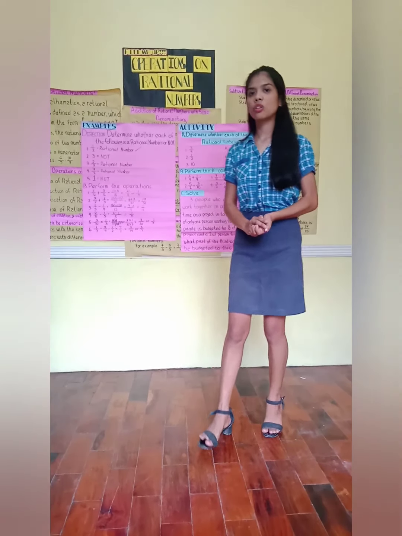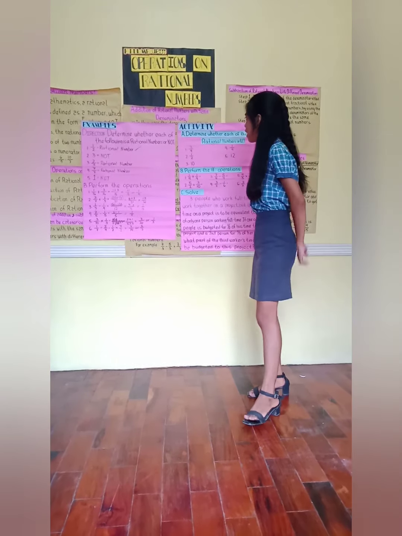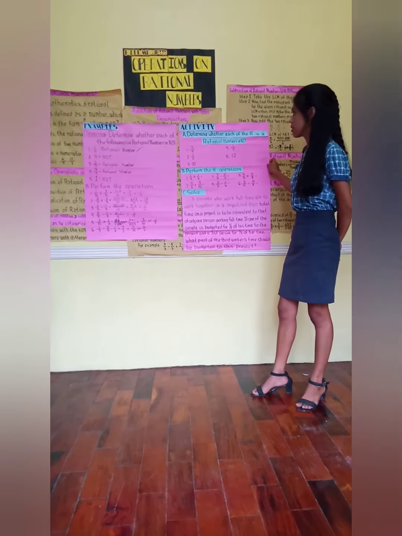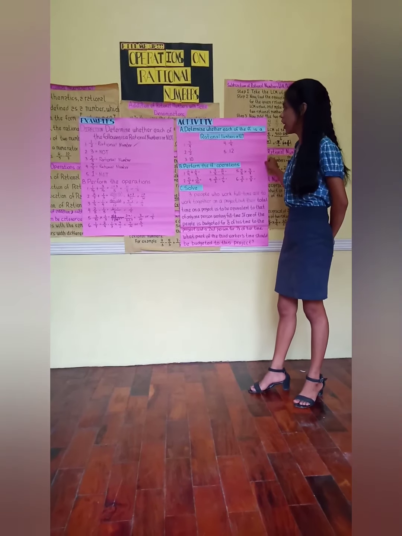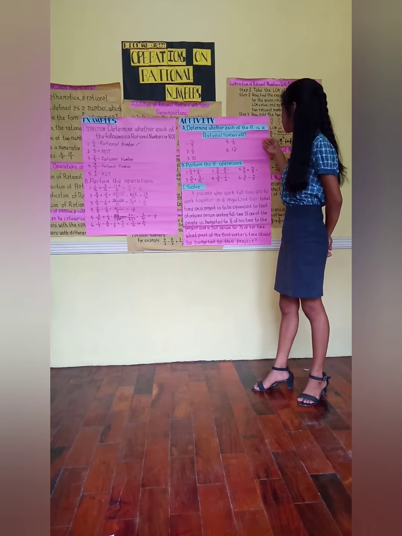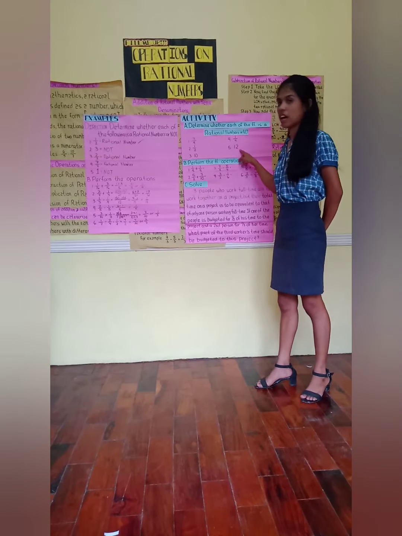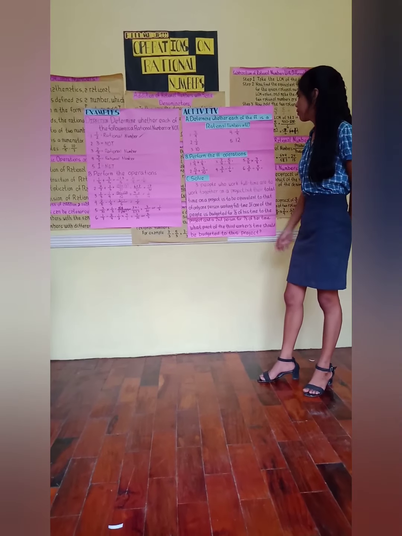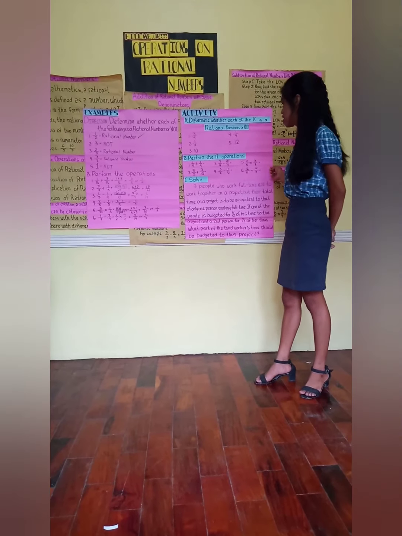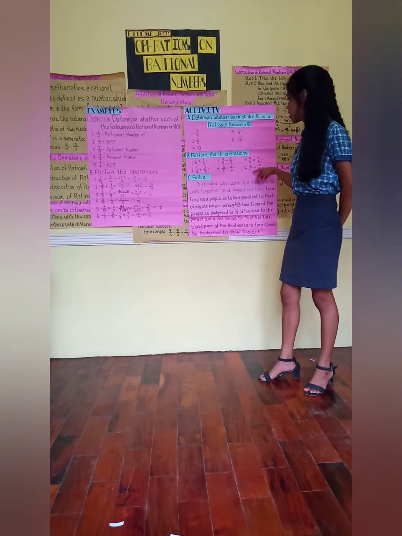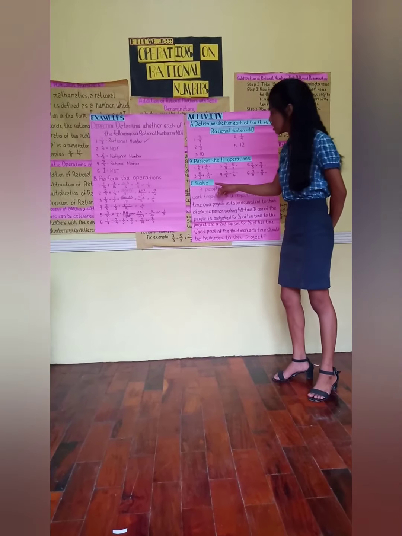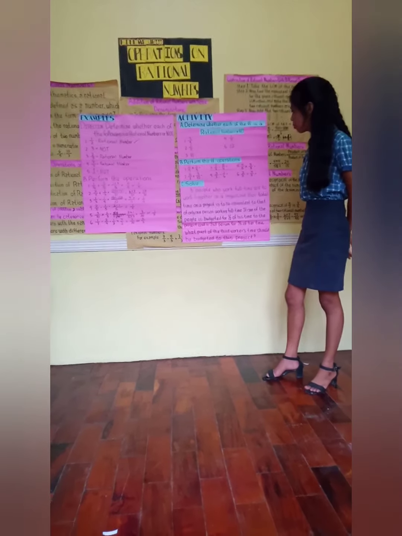If none, bring out one whole sheet of paper and answer these problems. Activity. Letter A. Determine whether each of the following is a rational number or not. It is 5 items. Letter B. Perform the following operations, and it is 6 items. And letter C. Solve the problem, which is